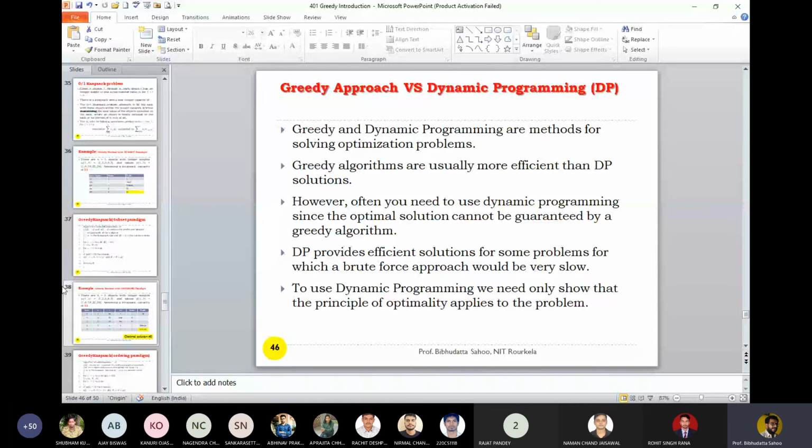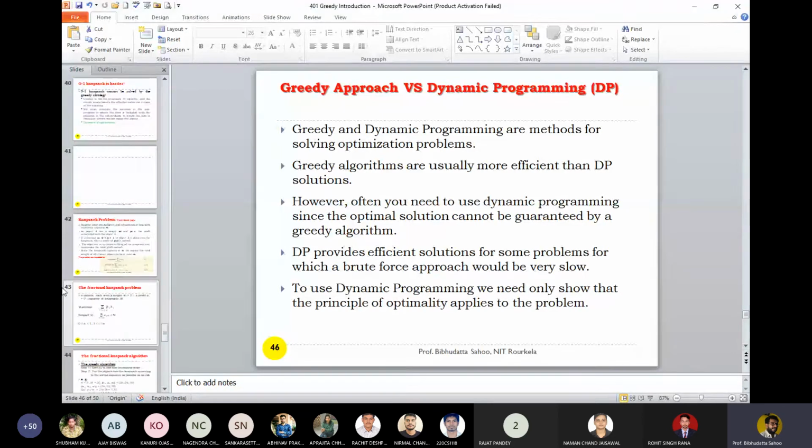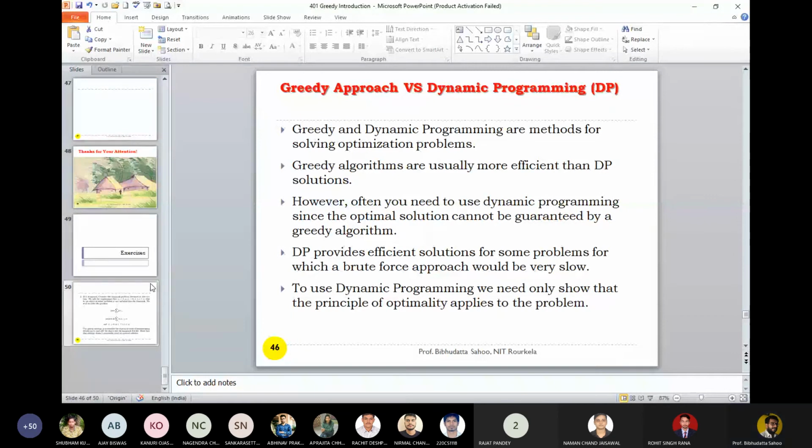So why are we discussing the greedy algorithm? Because in practice, when we take up research problems or optimization, this greedy algorithm comes to our rescue. Many good greedy algorithms are used to find the solution to the problem. So you can search a text where you can find the greedy algorithm for the problem.